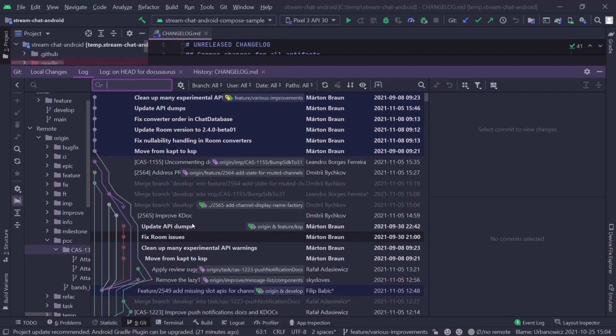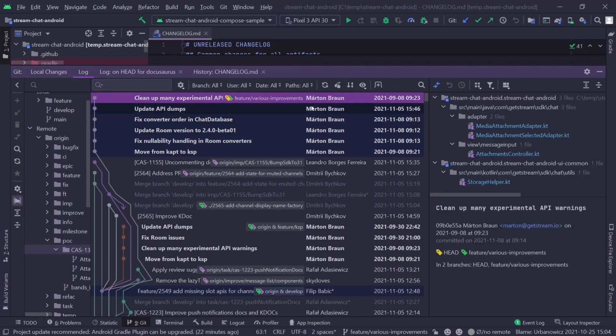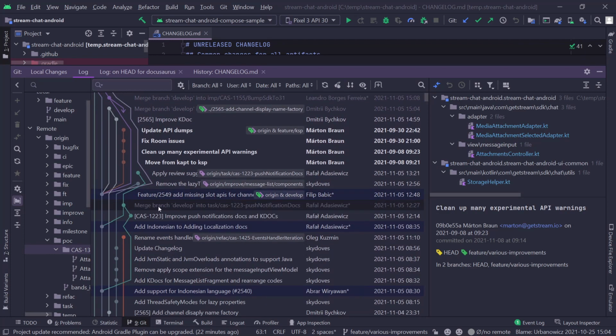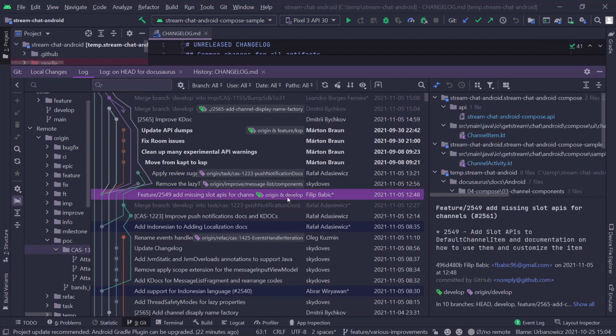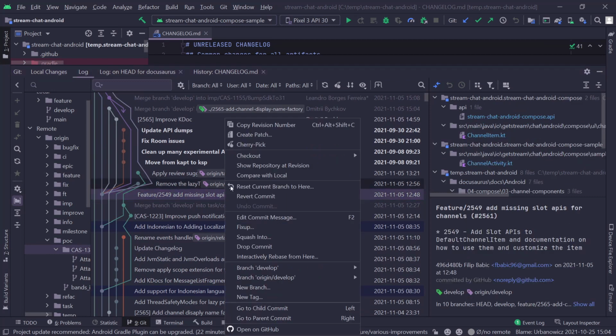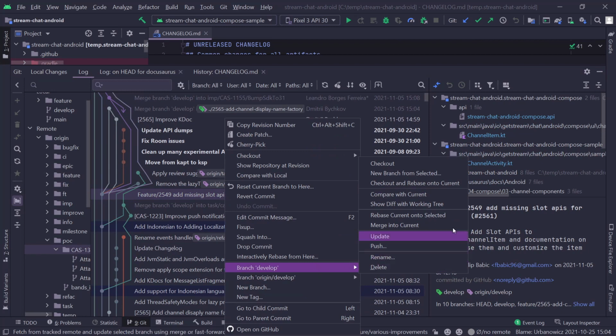Something really important is that you can easily browse the contents of your repository at some earlier revision or on some other branch than what you have right now. So right now I'm on this feature branch up here on the top, but let's say that I want to check out what the contents of a file were on the develop branch. I can right click here, I can choose the develop branch, and I have an option to